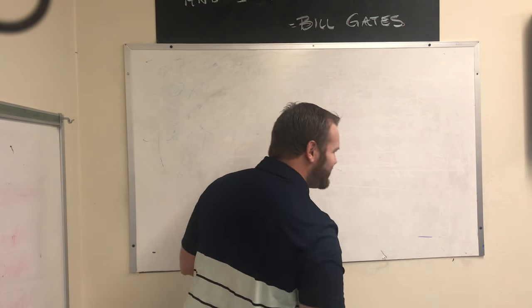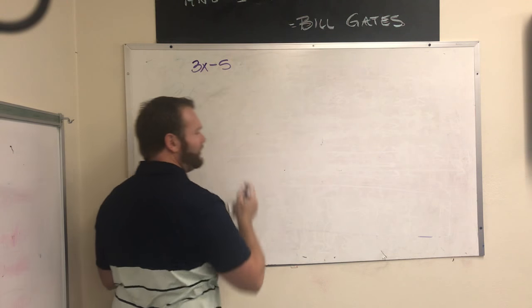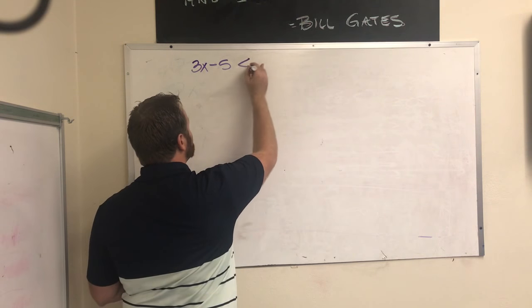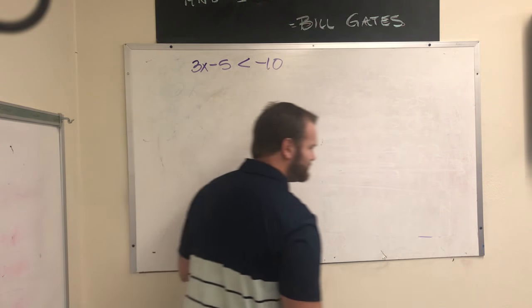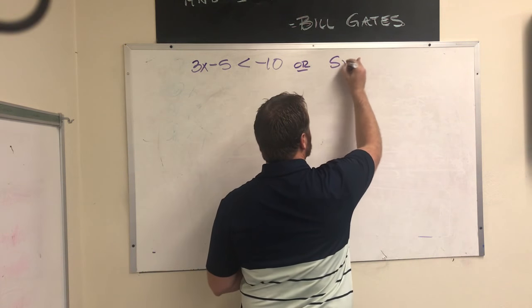We've got 3x minus 5 is less than -10, or 5x plus 2